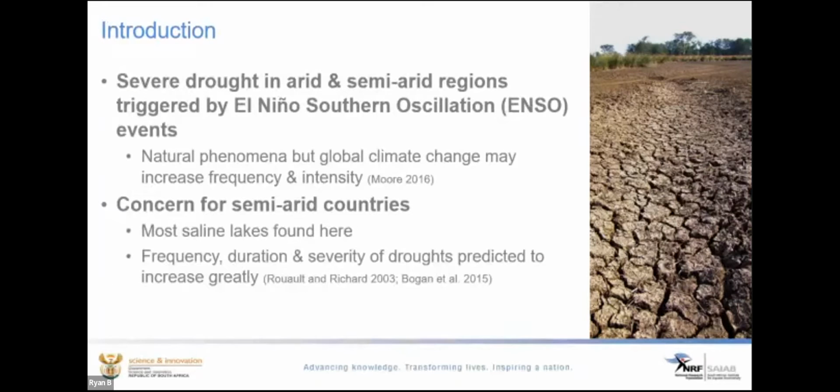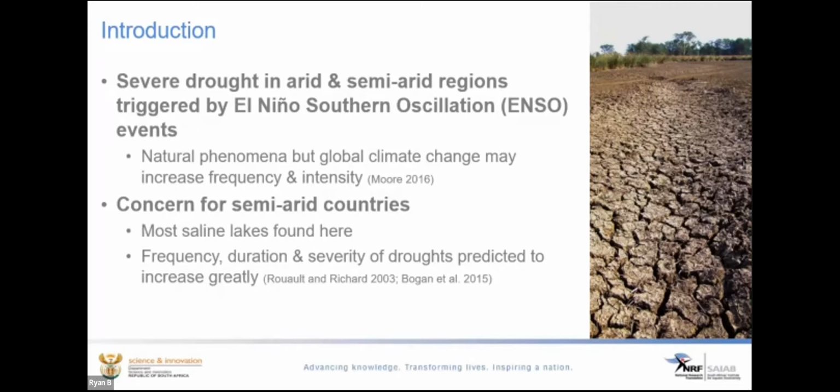Harsh and long droughts in arid and semi-arid areas such as Southern Africa are often triggered by strong El Niño Southern Oscillation, or ENSO, events. These events are triggered by natural changes in sea temperatures and air pressures over the Pacific Ocean. Although ENSO events are a natural phenomenon, it has been predicted that global climate change may increase the frequency and intensity of these events. This is a serious concern for semi-arid countries, including South Africa, because most of the saline